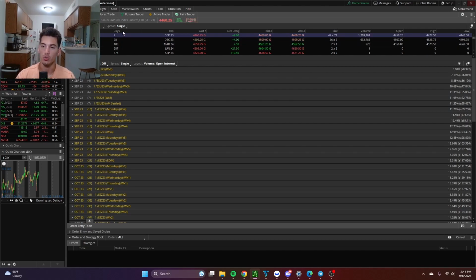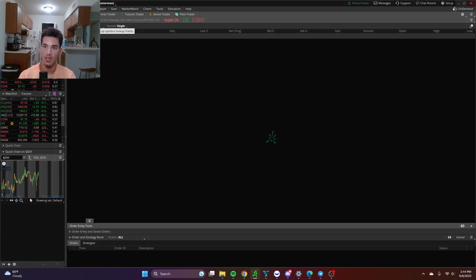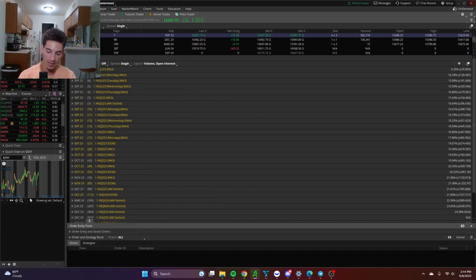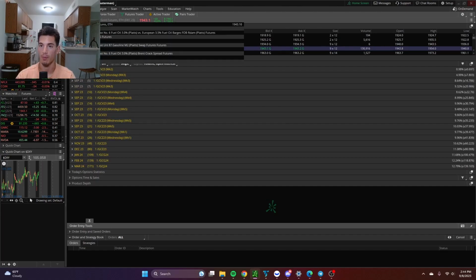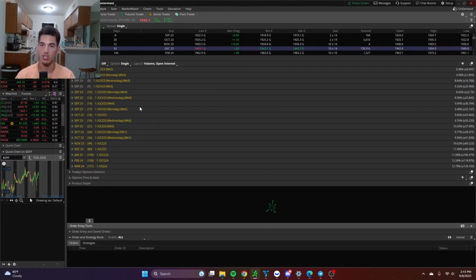However, all you need to do is just know the symbols /ES for S&P, /NQ for NASDAQ, /CL for crude oil, and /GC for gold. So that's how you type them in. And on TradeStation, it's literally the same thing. However, on TradeStation, you do have to type in the full symbol, which would be at GCU20, or, let's say, GCV23. And again, guys, it is just not anything to worry about, but I just figured why not tell you guys about it right now.